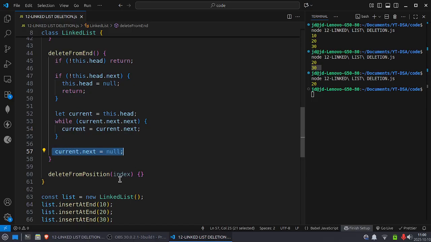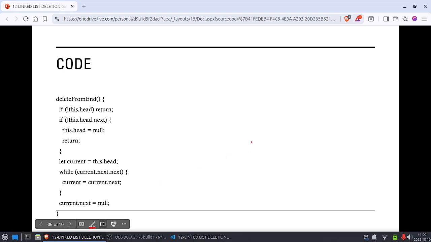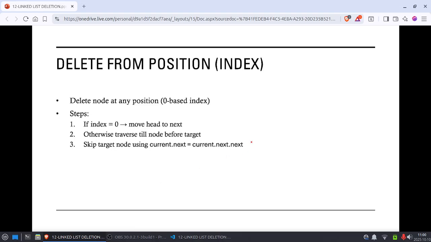So let's move to the last case, which is delete from a position index. Now let's look at this third case. Here the steps are: if the index is equal to 0, we just move the head to the next node, which is the delete from start case. Otherwise we traverse till the node just before the target index.